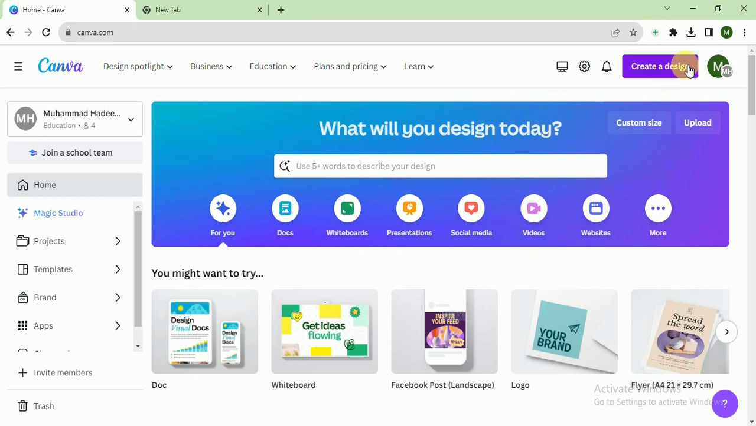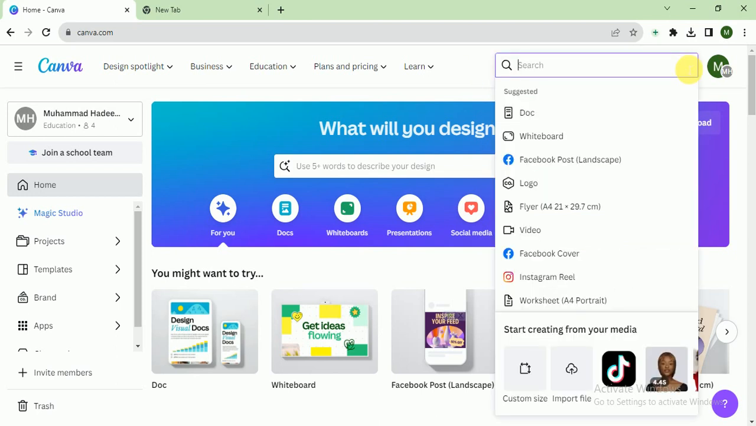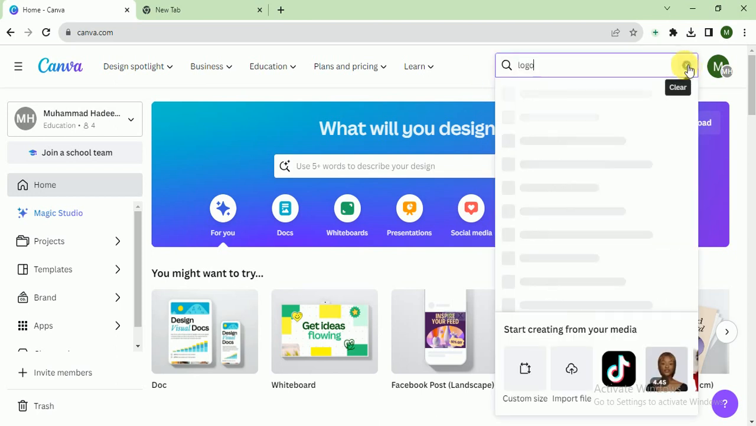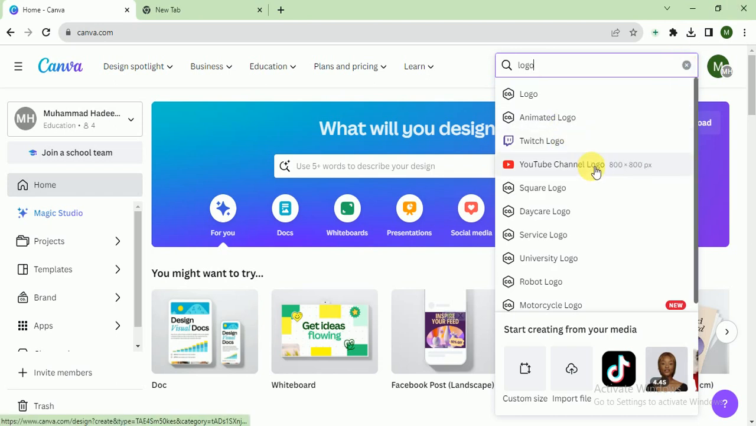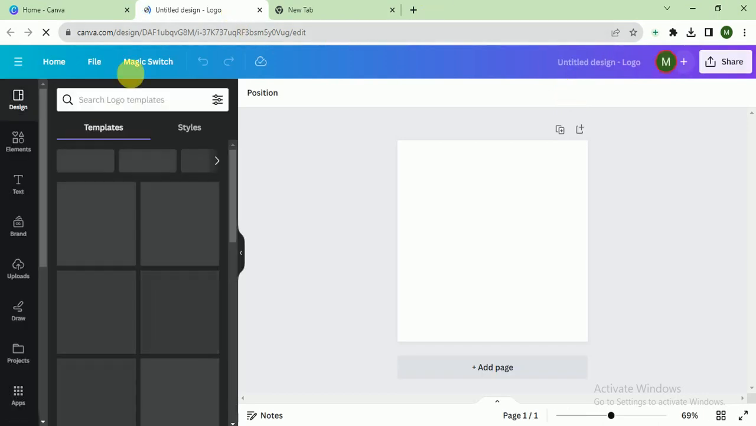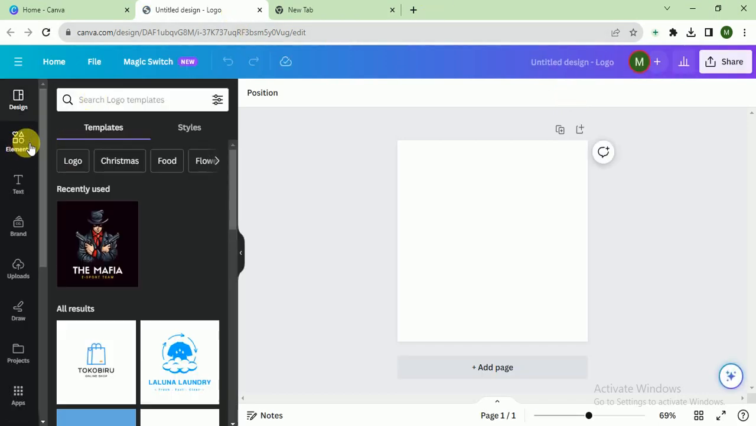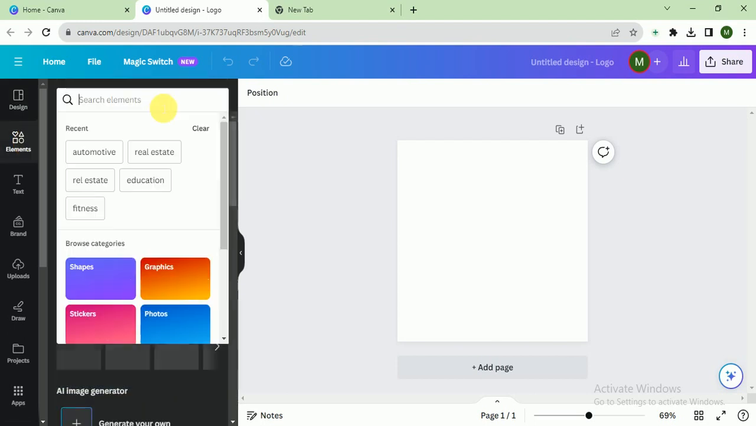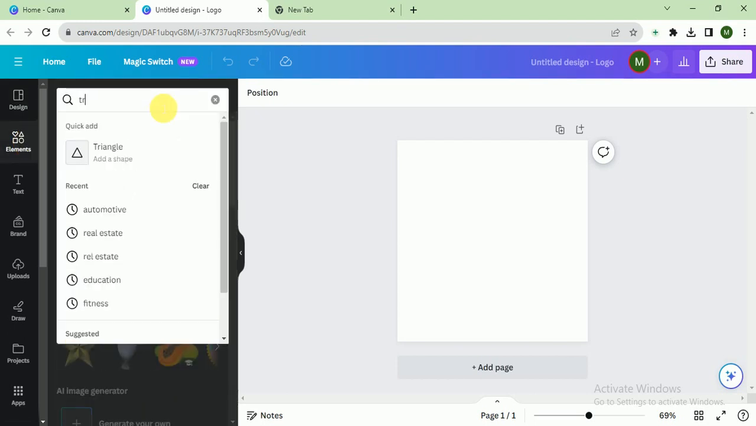So let's get started. I click on create a design. Here I search for logo. This is the most widely used format, 500 by 500 pixels. So our dummy company name is John Travels. So I click on elements and I click on travel,